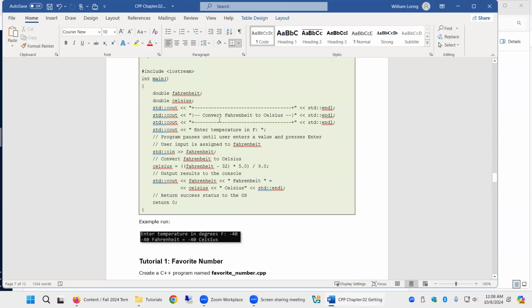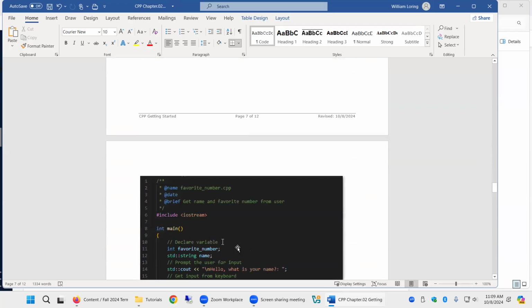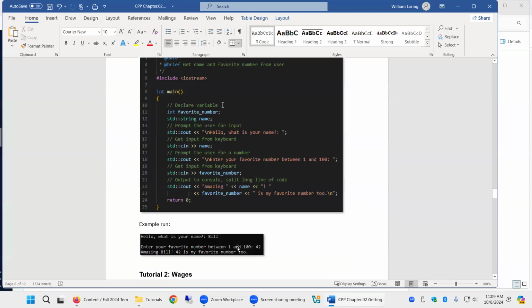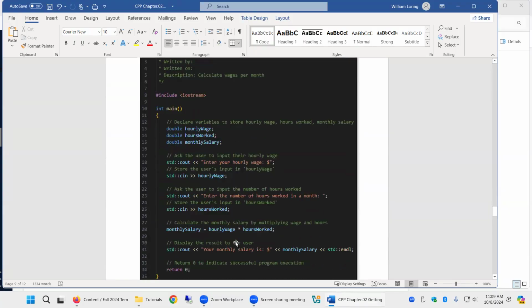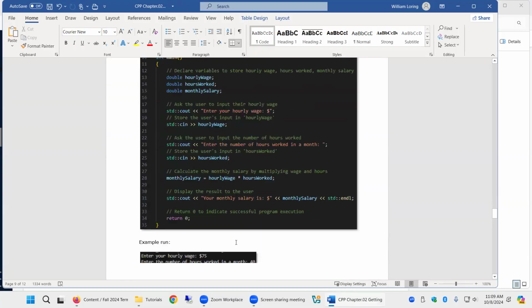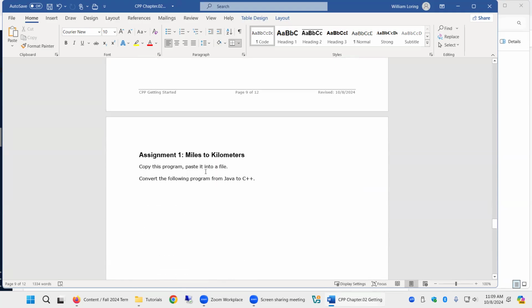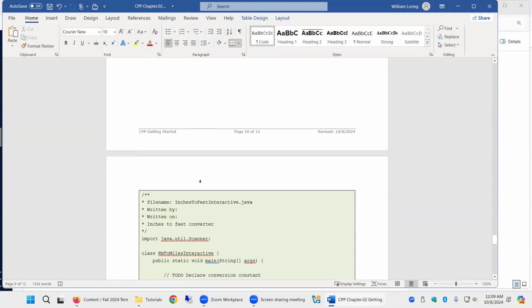Oh, this is actually a tutorial that you do. This is a copy and paste. Okay, sorry. This is the one that you do. So 42 wages. This is just a little more complex, getting more information. So it's just showing again. Now here is an assignment we're going to work through. So let me stop my recording and